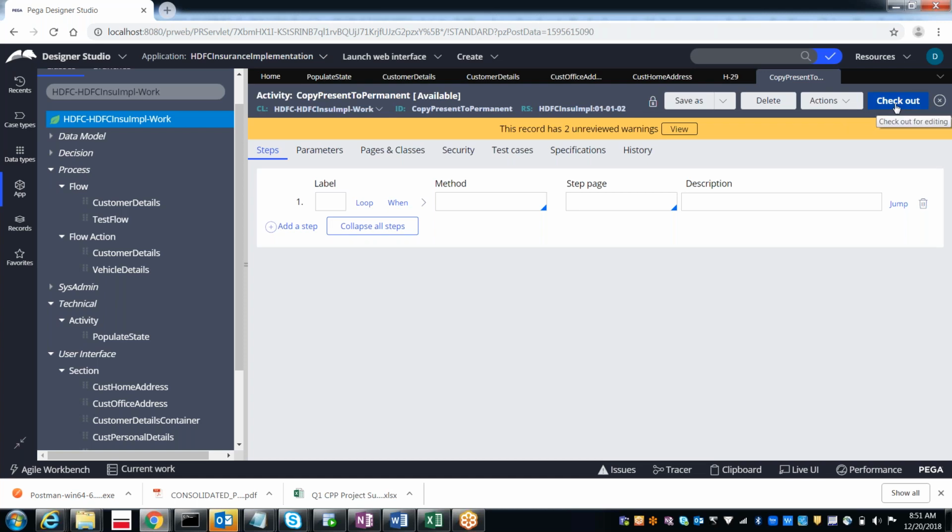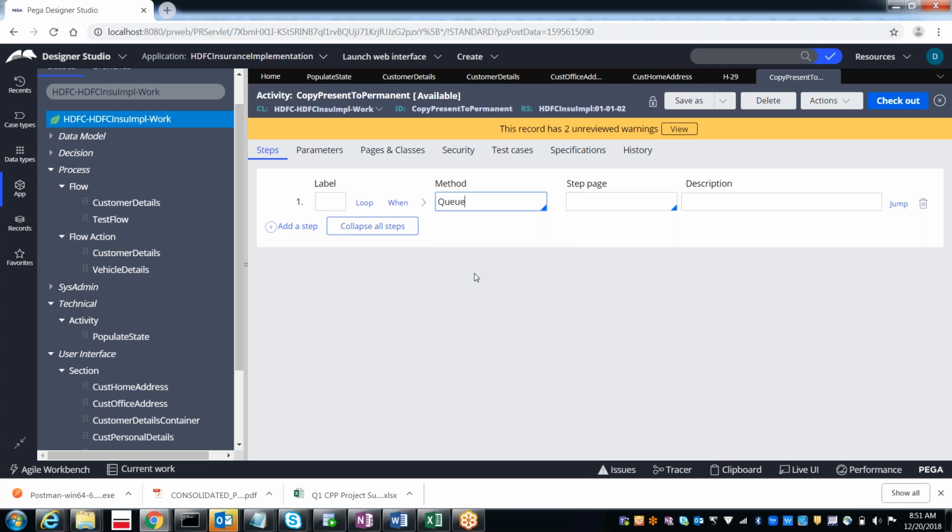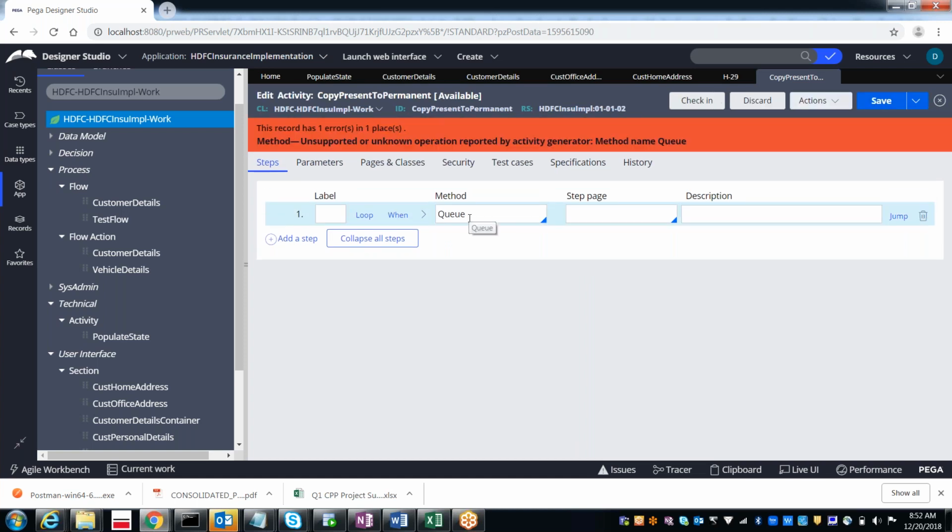Now if you want to do any changes, if you want to add any functionality, what exactly can you do? You can select it, but you cannot save it. So first you have to check out. Now from where to where do we need to copy?